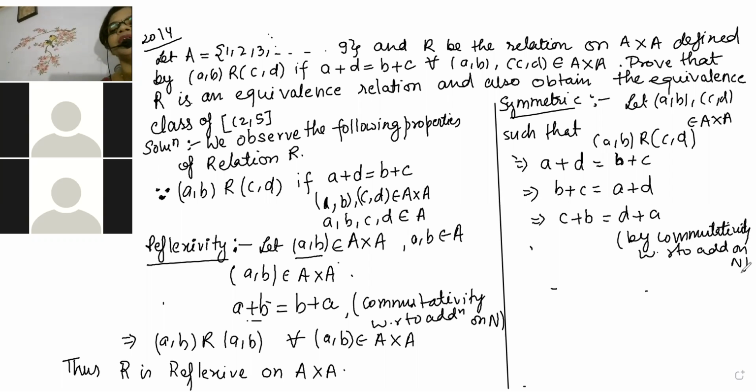Okay, now here beta, B plus C is equal to D plus A. That means you take C, D with A, B. This will also change anytime. What we have done is, if I change one side of the equation, then I have to change the second side of the equation to maintain the order of the equation. For that we applied commutativity. Now you can change the order of commutativity anytime. Means exactly what you are doing is C plus B is equal to A plus D will come, and then CD and AB will be taken. So this order maintenance is in your hand.